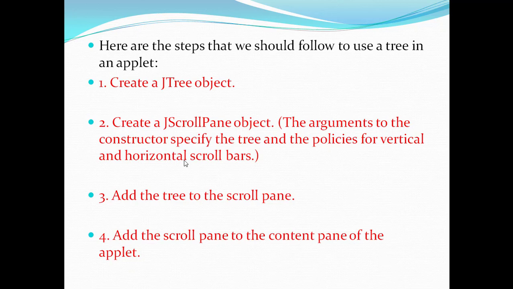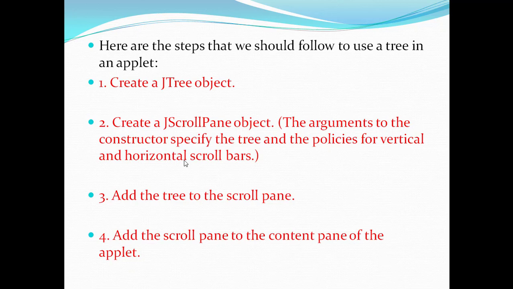Here are the steps that should be followed to use a tree in an applet. First step, we need to create a JTree object. Second step, create a JScrollPane object, which we have studied in the previous lecture, and the arguments to the constructor of the JScrollPane object specify the tree and the policies for vertical and horizontal scroll.